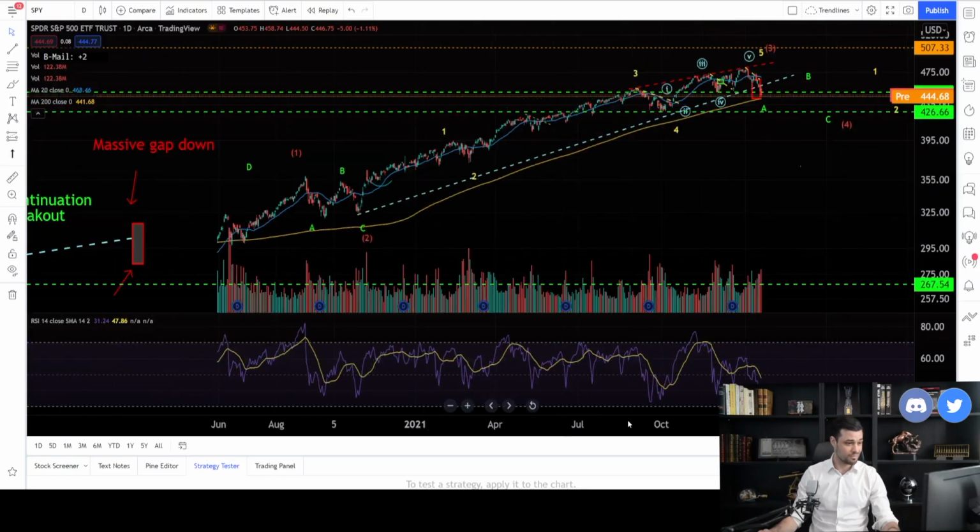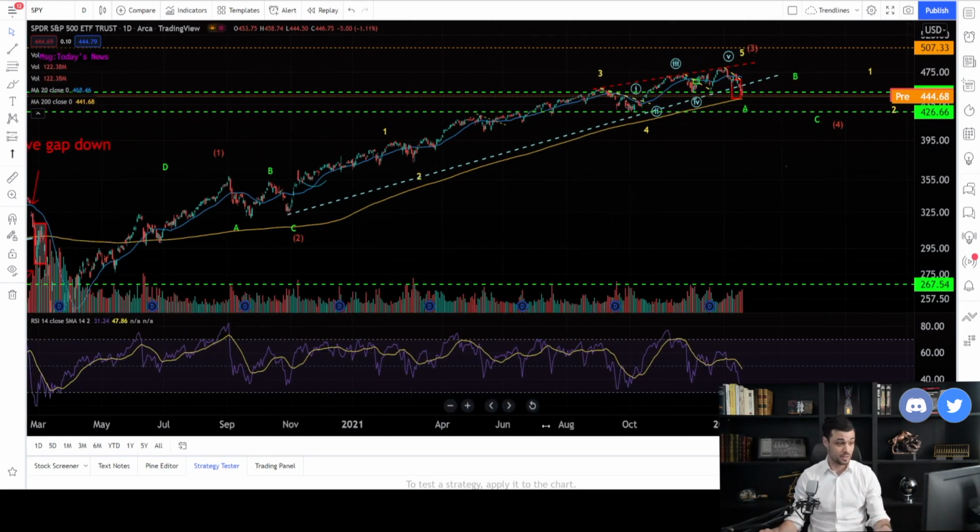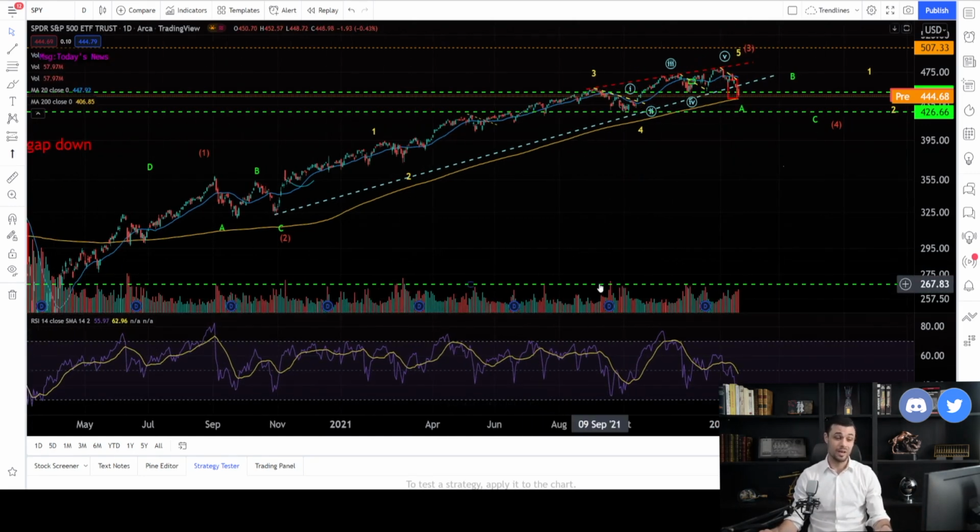Alright guys, so I'm not making a lot of analysis on the SPY, but actually I always talk about it on my Discord. It's something I always keep an eye on because it's the global market. This is telling you what is going to happen on the other stocks. Are the breakouts going to be successful or not? It brings you a lot of information.